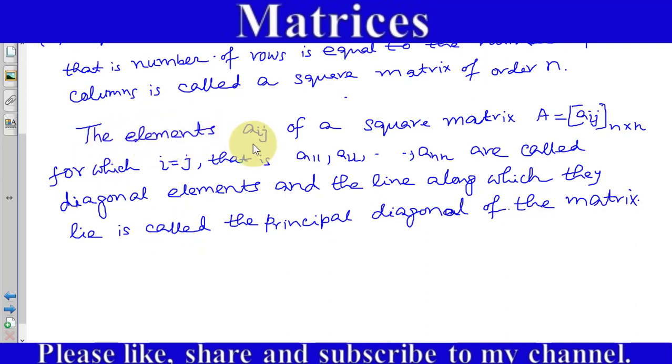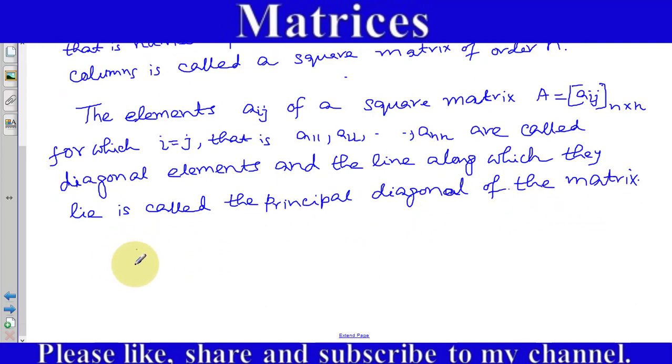The elements Aij of a square matrix A is equal to Aij n by n, for which i is equal to j, that is A11, A22, Ann, are called diagonal elements, and the line along which they lie is called the principal diagonal of the matrix. Example, suppose A is a 2 by 2 matrix